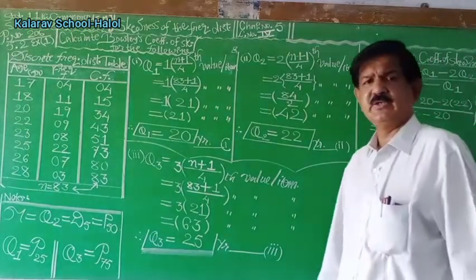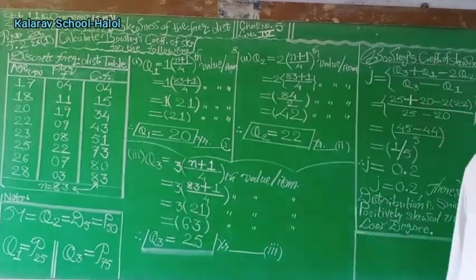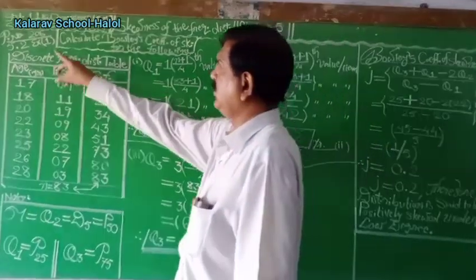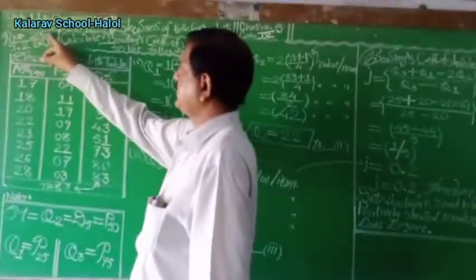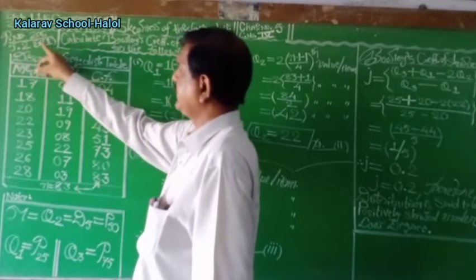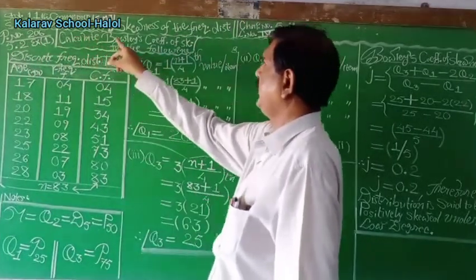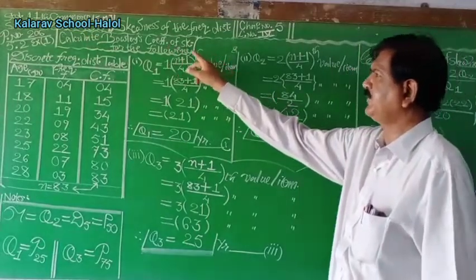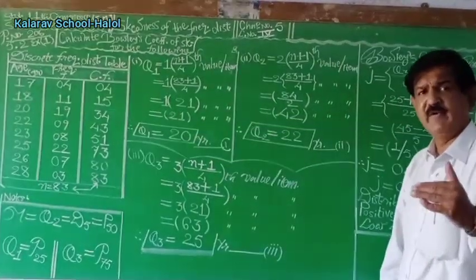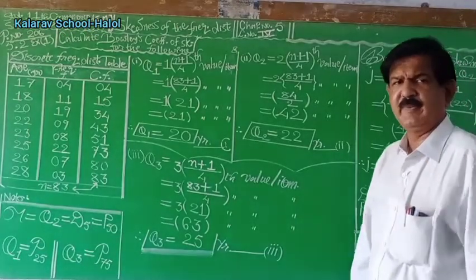Students, this is the frequency distribution, chapter number 5, statistics, in which we study discrete frequency distribution and Pauli's method. Calculate the coefficient of skewness with the help of Pauli's method. In our textbook, page number 206, exercise number 5.2, example number 1. Calculate Pauli's coefficient of skewness for the following data. We are given age of the person and number of the person.